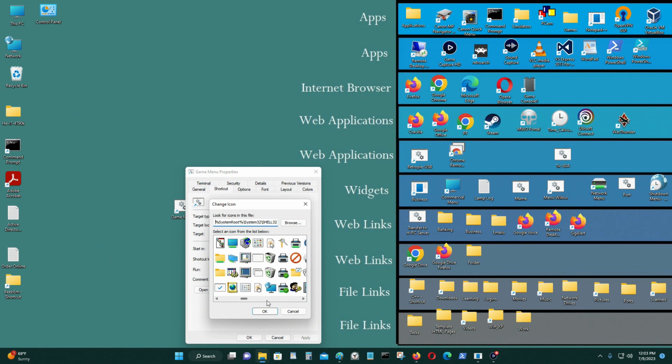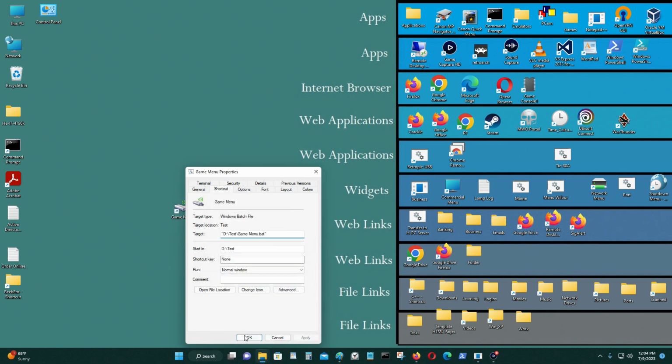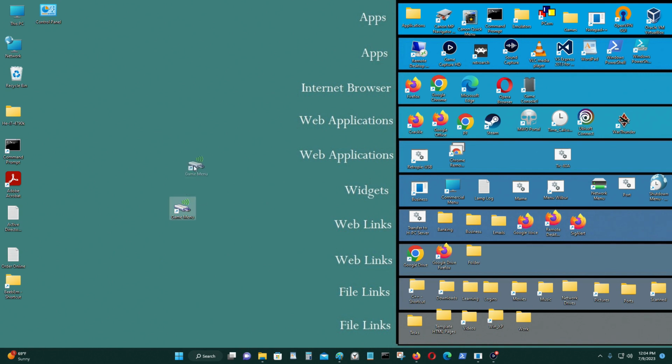You could get a retro gaming icon if you want. I'm just going to select the one that's in here by default for Windows. Okay, so now I have an icon on here on my desktop,